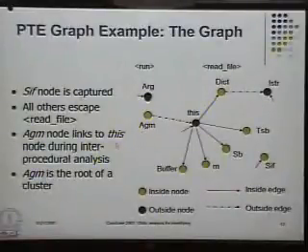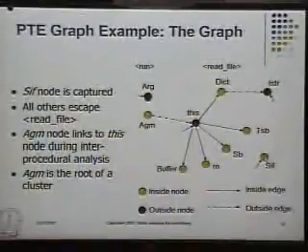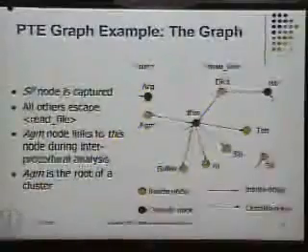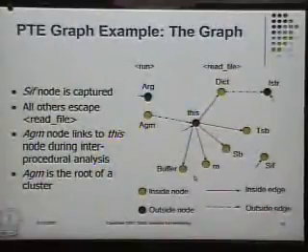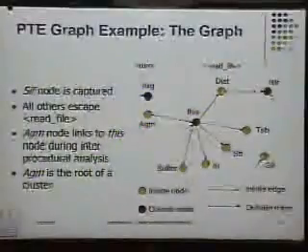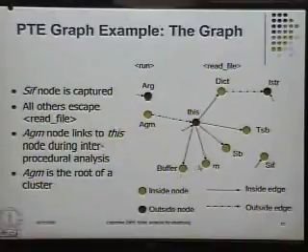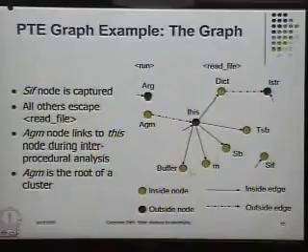Now, the SIF node, which is here, is captured within the procedure, the method, because there is nothing pointing to that particular thing. And then all others really escape the read file method. This is only a part of the picture. That's why it's not very clear how they escape. But you can take it that these actually, because they are accessed from here as well, all of them actually